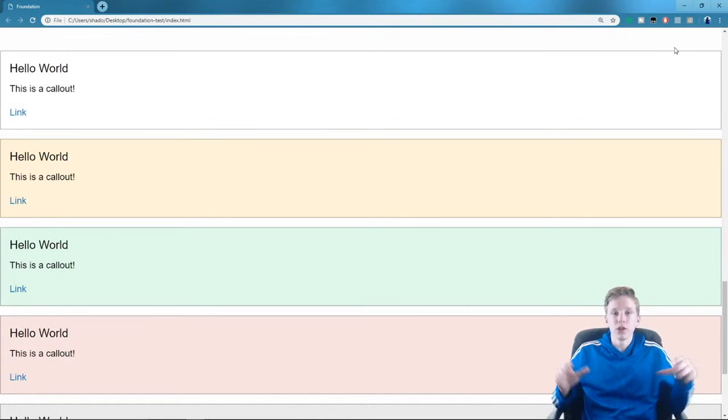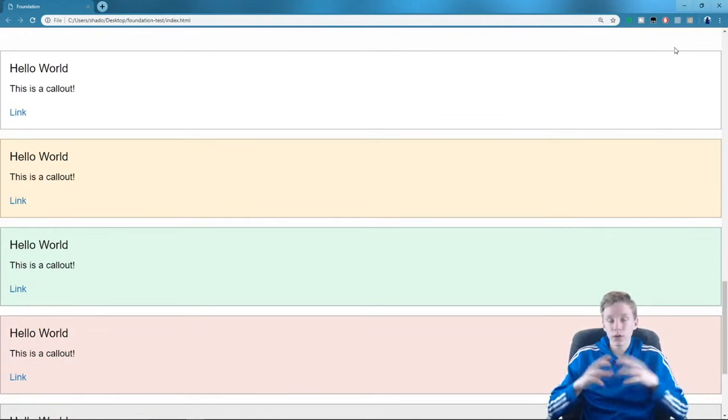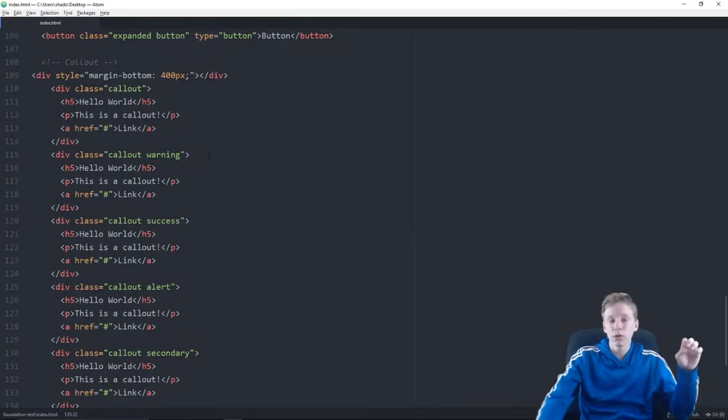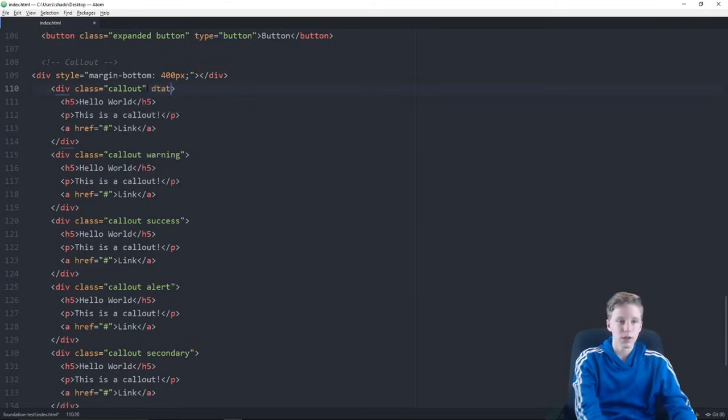So in Foundation, there's things called close boxes or just closeouts. What you can basically do with them is you can add them to callouts, for example, and you can be able to close out of a callout and wipe it from your screen. And I'm going to show you how to do that. So what you're going to want to do is you're going to want to add a data value after your class called data-close